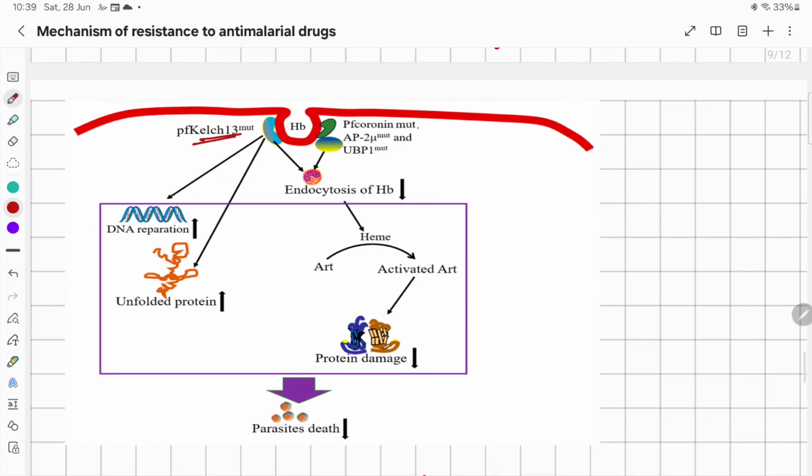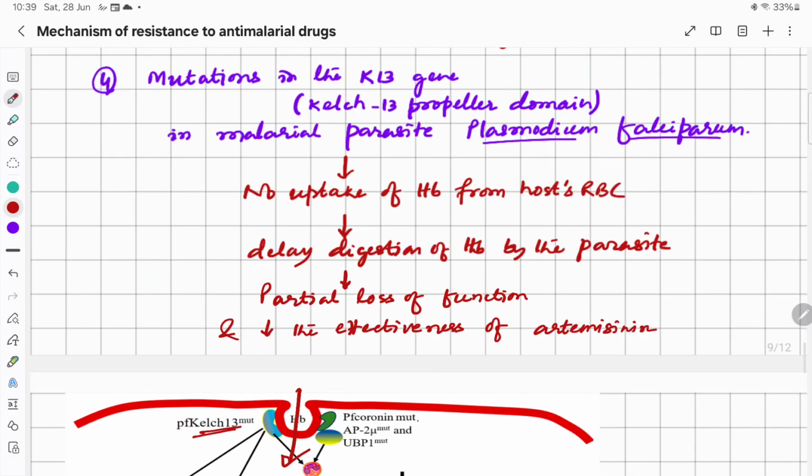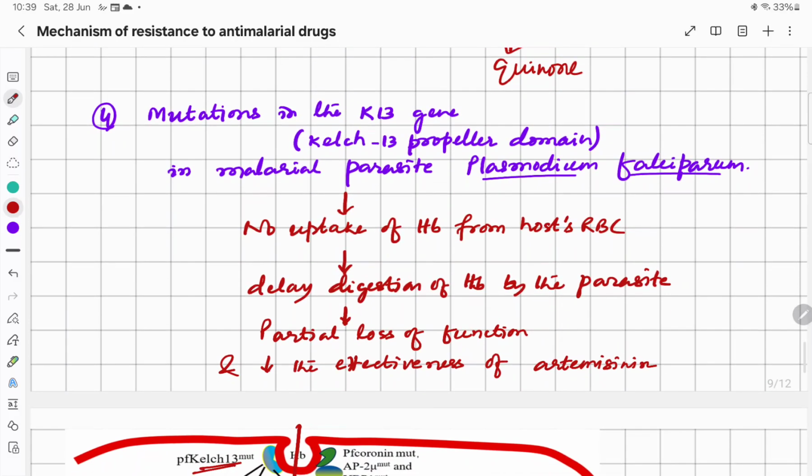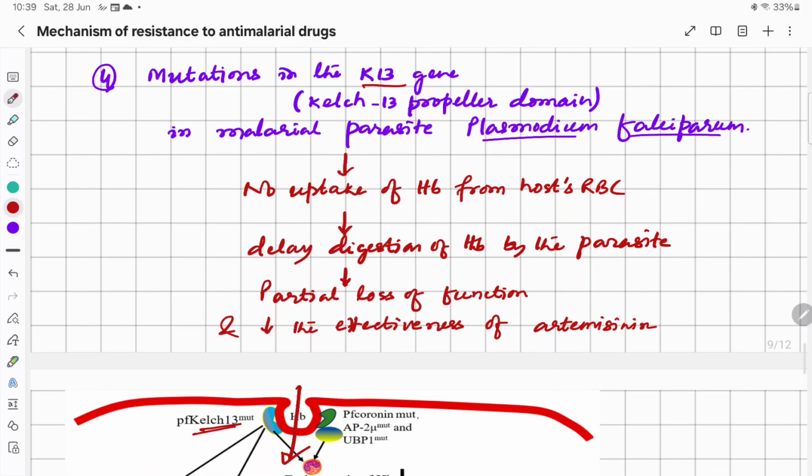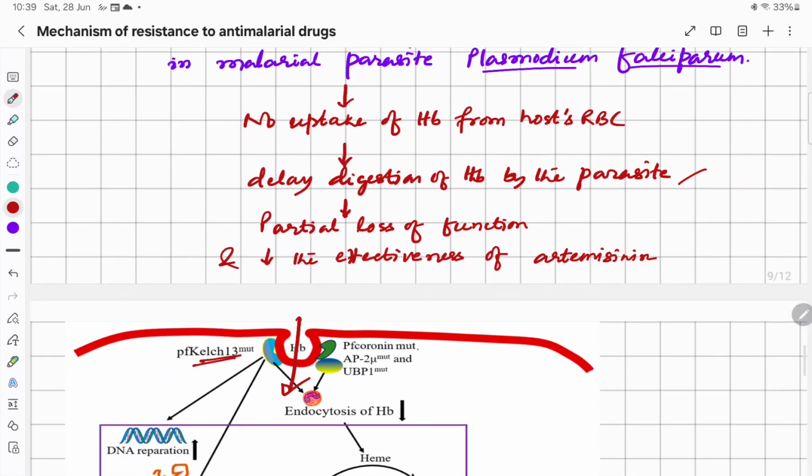So this K13 is required for the uptake of hemoglobin. As we have already discussed, hemoglobin has to enter from the RBC into the food vacuole, and that is required by this protein, this Kelch13 propeller domain, and this protein is encoded by the K13 gene. And when there is mutation in the K13 gene, there will be no uptake of hemoglobin from the host RBC. So there will be delay in digestion of hemoglobin by the parasite, and that causes the partial loss of function and decrease in the effectiveness of artemisinin, because artemisinin requires heme for